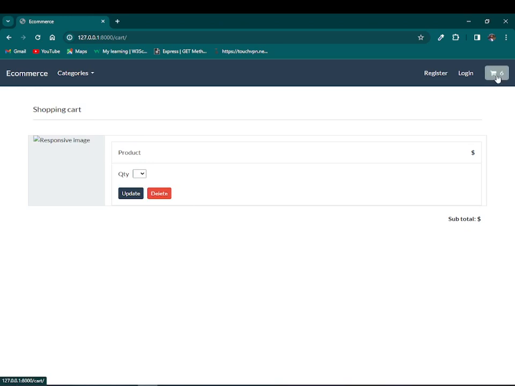So what we want is that all the products that we have in our session, you see we have 6 products, we want to show them under that shopping cart. For this we also want the selected quantity of that product that is present in our session and also the price, and after that we are going to work on the subtotal of our products. So let's begin. Open your VS Code